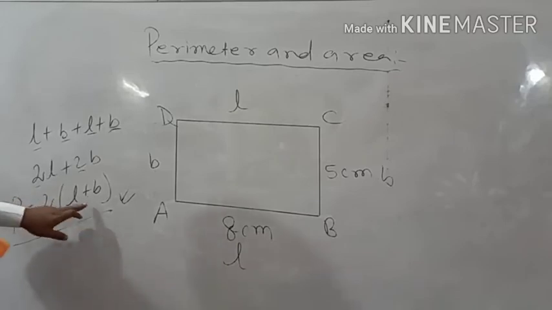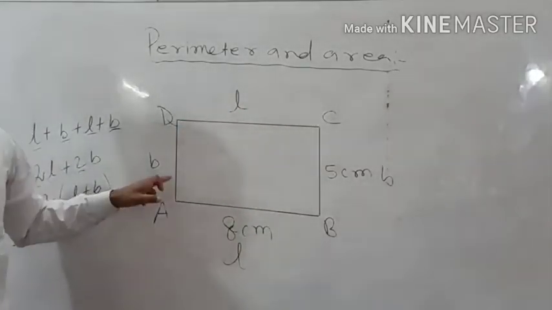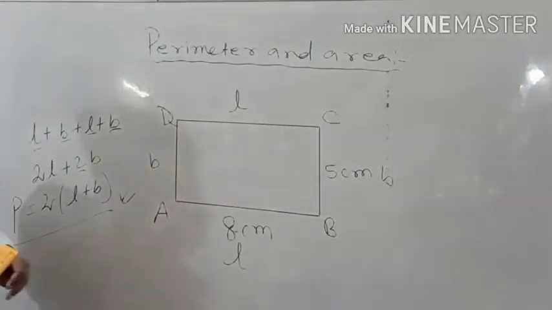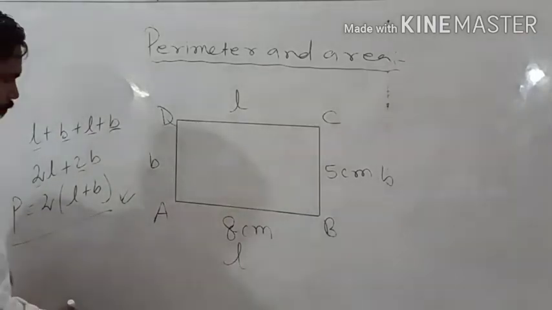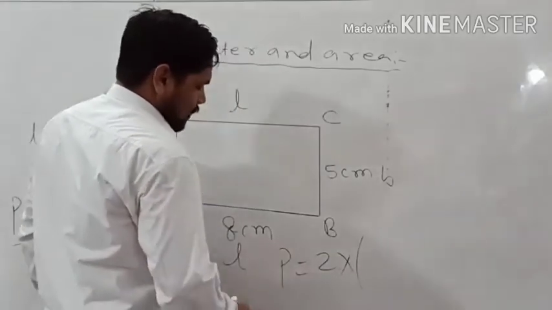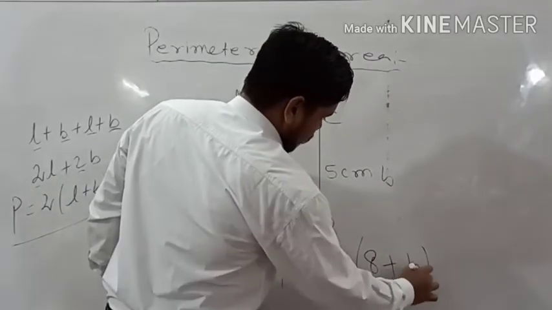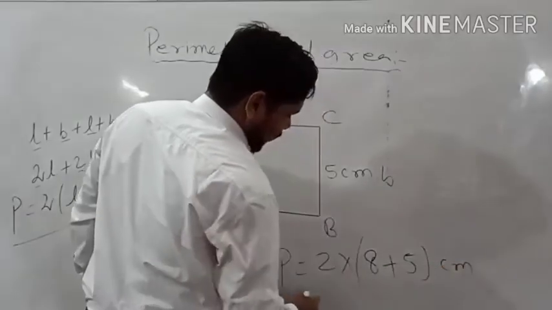इसी तरह से वेरीफाई होता है, क्योंकि ये एक्चुअली में सारा ऑपोजिट जो एज होता है that is of equal length. Okay, so in this case also, instead of adding all these sides, you can use this formula. You can put the value in this formula. So if you put the value, the perimeter will be 2 into length, we have 8, plus breadth, we have 5.